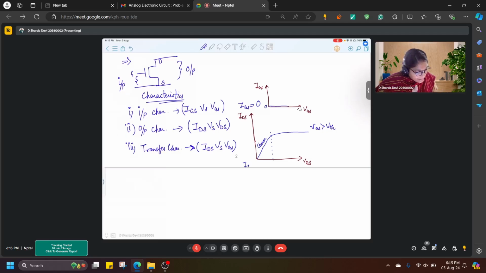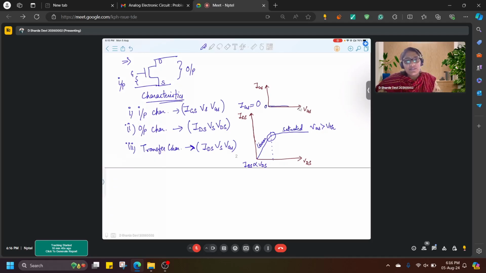So that means IDS is directly proportional to VDS. Here it is like a transfer region. So here it is neither linear nor saturated. So it's a sub-saturation region,